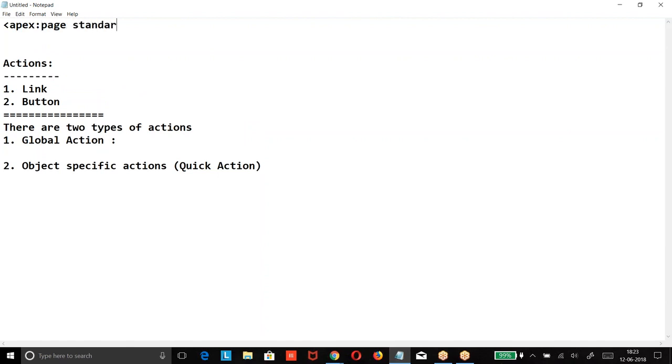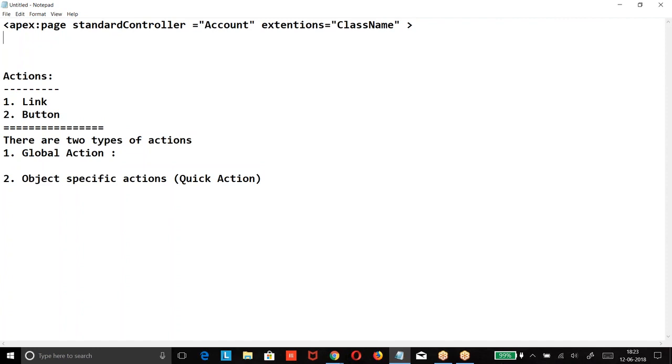Apex page, standard controller, and using this is the page. This action can be added where? Only on account. You cannot add this action page anywhere you like, because it is specific to the account object. Using this page, you can only create an action on the account.